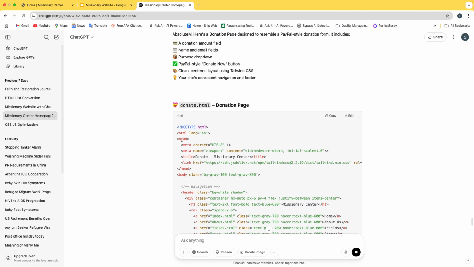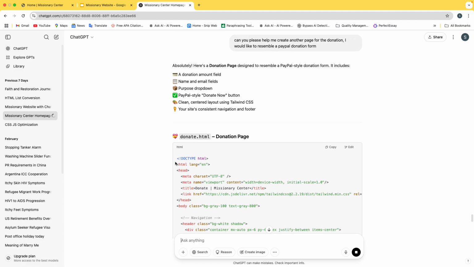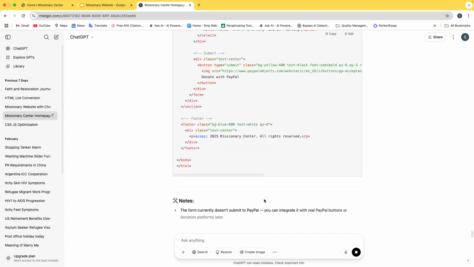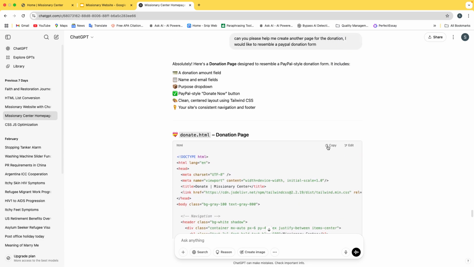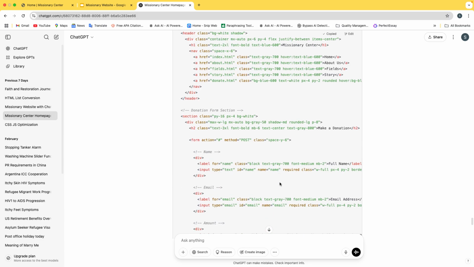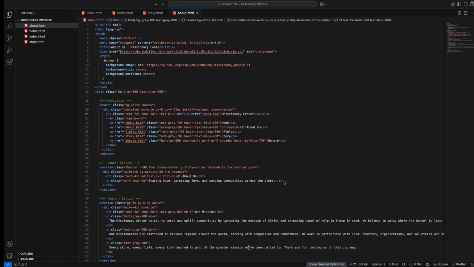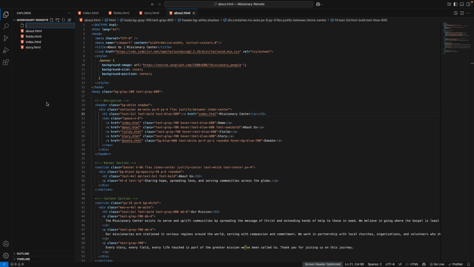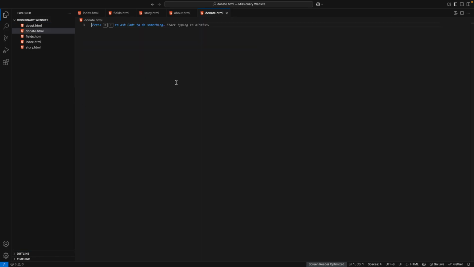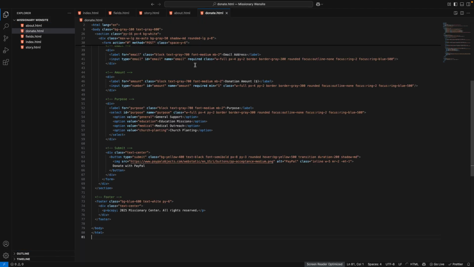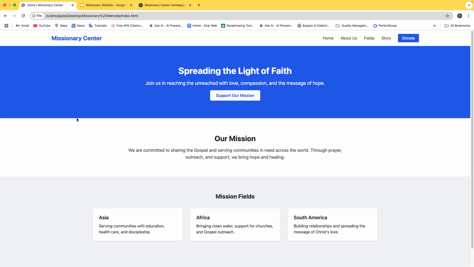So when we check the code, it should start with HTML and it should end with HTML. So our code is completely written by ChatGPT. We can copy the code, and then we have to go to the project file and create another file named donate.html, and then paste the code. So when we go and check our website again,